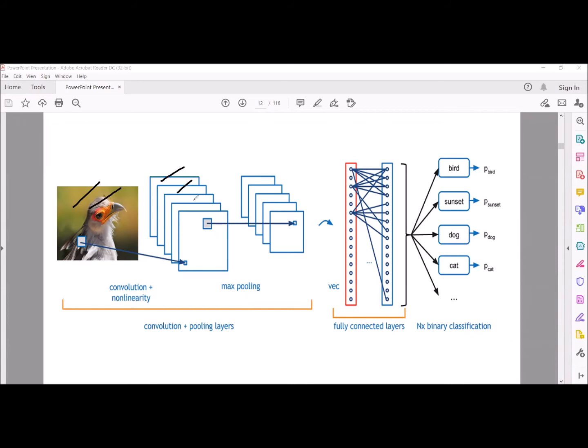So we are applying the filters. Here we have applied 5 filters. The convolution is followed by non-linearity. Non-linearity means we add some activation function like ReLU, which we will discuss later. And then the pooling operation, which we will also discuss later. That pooling may be max pooling or average pooling. After that, dense connection, and finally classification.